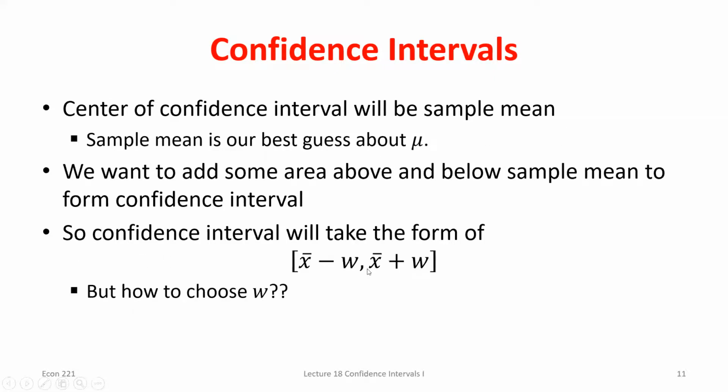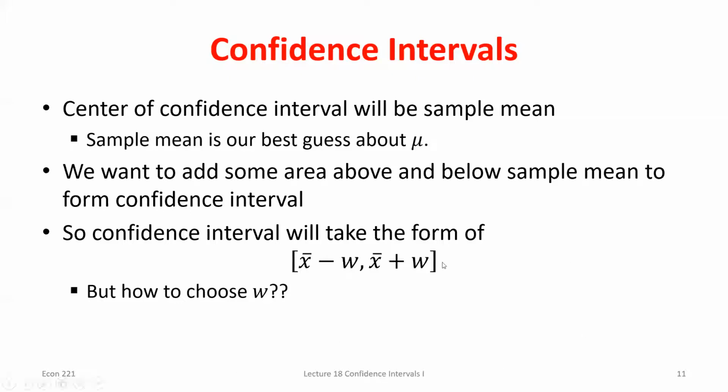But this idea is that I want to choose some value to go below and above whatever sample mean I see, and then say, okay, within this range of values, I can tell you with 90% confidence I think the population mean is within this range. In my example, the sample mean we saw was 45,000. I just chose, at random for this example, 5,000 below the mean and 5,000 above the mean. I went to 40 and 50,000, and said with 90% confidence, based off the sample mean I saw, the population mean's probably in between 40 and 50,000.